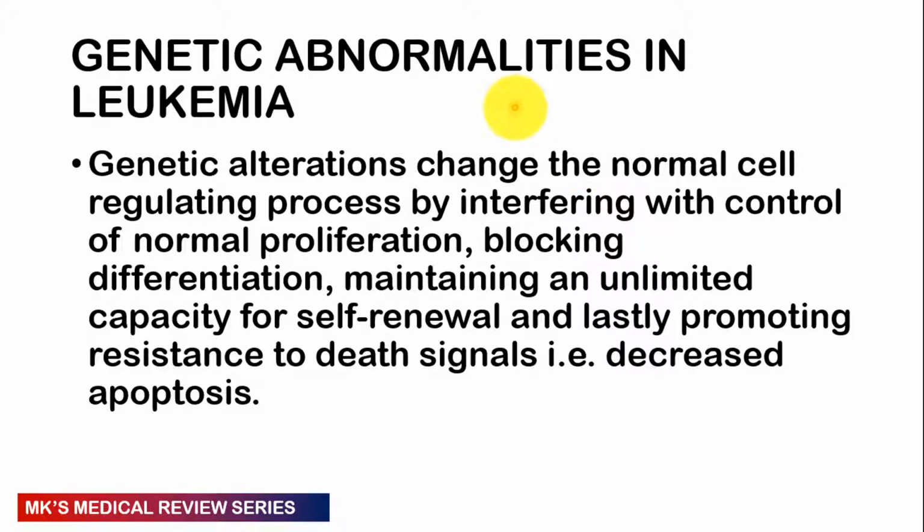So remember that there are some genetic abnormalities happening in leukemias, and these are going to be changing the normal cell function. They're going to be interfering with processes such as control of normal cell proliferation. So it means that the cell will keep dividing and will not control itself. They're also going to be blocking things like differentiation, where the cell will not be able to mature into its